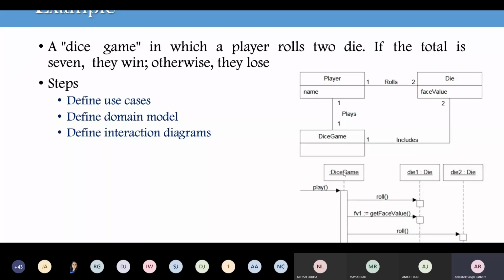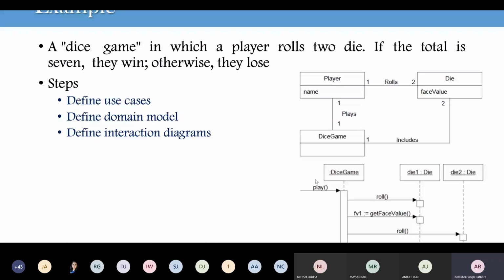The common notation illustrates different collaborations in this interaction diagram, and it shows the flow of messages. Here you can find how the flow of messages is recorded.